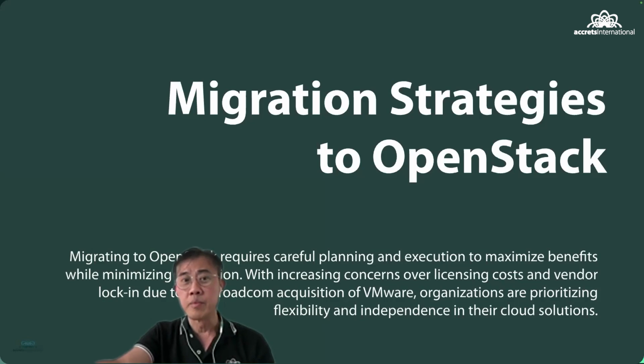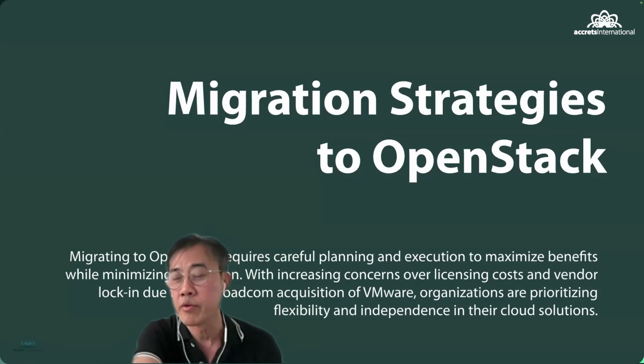OpenStack is different because you could actually go back to the back end of the system, the KVM level, and you can actually do a physical to virtual migration for your servers, or virtual to virtual migration if you're using VMware or Acropolis. So it's much easier to migrate from your physical server, your virtual server, to on-prem OpenStack rather than to redo everything on the public cloud. Public cloud is impossible, it's impossible to do a migration of 200 applications.